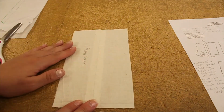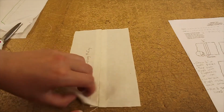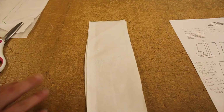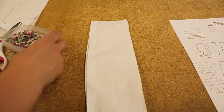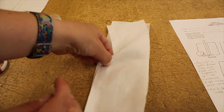And on one side, all you see is just a faint line, and on the other side, you see these 2 flaps. Okay, now that we know that we need to sew these pieces together, we need to hold the pieces of fabric together somehow. So this is where pins will come in very handy. You should all have received pins, and you're going to pull a pin out, and